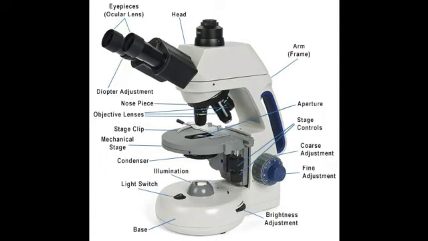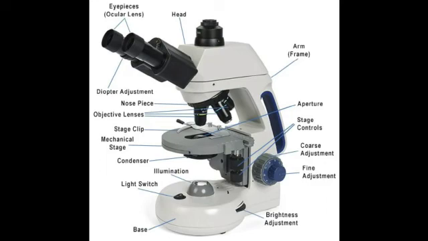Construction. A compound microscope consists of two convex lenses. The lens with a shorter focal length is placed near the object and is called the objective lens or objective piece. The lens with a larger focal length and larger aperture is placed near the observer's eye and is called the eye lens or eyepiece. Both the lenses are fixed in a narrow tube with adjustable provision.